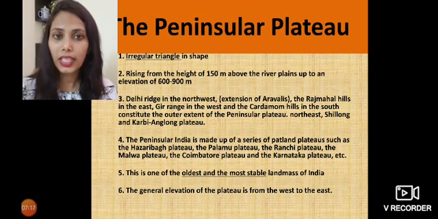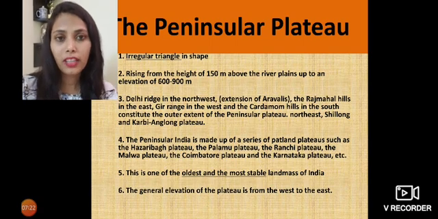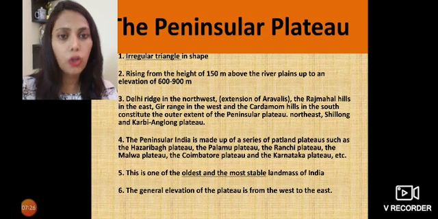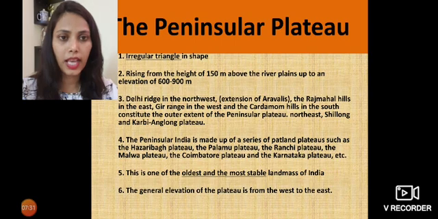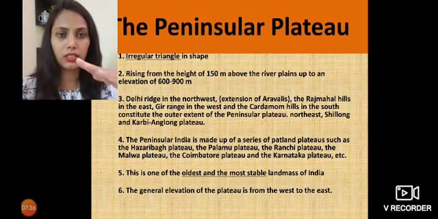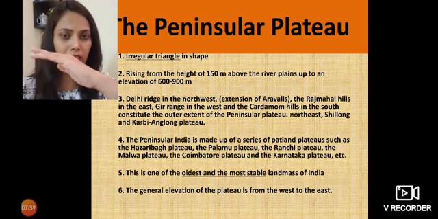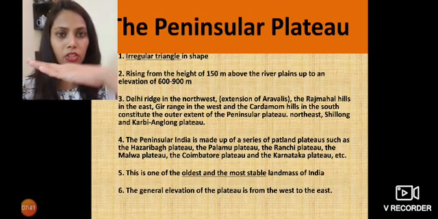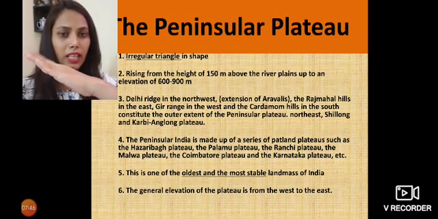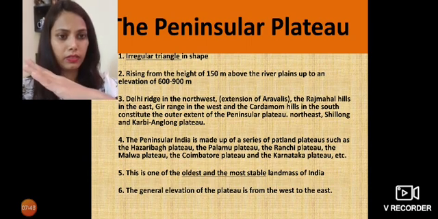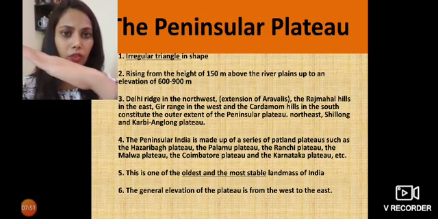Now if you go towards the eastern side of India, the same peninsular part of India, you will find Tamil Nadu there, you will find Andhra Pradesh, there you will find the Eastern Ghats. Now Eastern Ghats are lower than Western Ghats, and the Peninsular Plateau has elevation from west to east. That means it's like this. This is the west, this is the east. It's not like that. The Peninsular Plateau is like this. The western part is higher, the Western Ghat is here, the Eastern Ghat is here. Clear? So that's why we say elevation is from west to east.